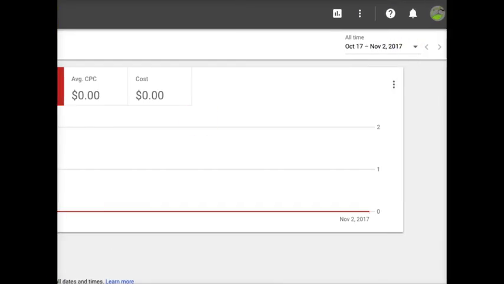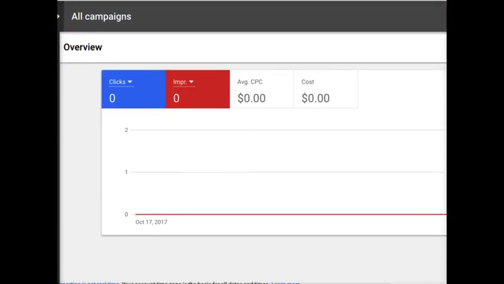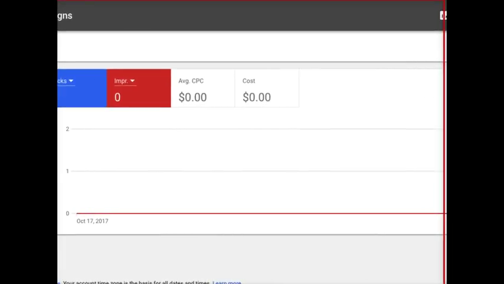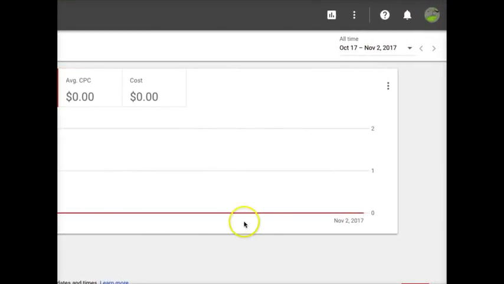So they've changed this over the years. What we have now is a page that will say all campaigns up at the top. It'll give you an overview, because this is Google's paid advertising platform. This is where we would go to pay for those ads to show up on the first page of Google. Okay. But over on the right-hand side is all we're interested in right now. We don't have to run ads to get access to some of that data.